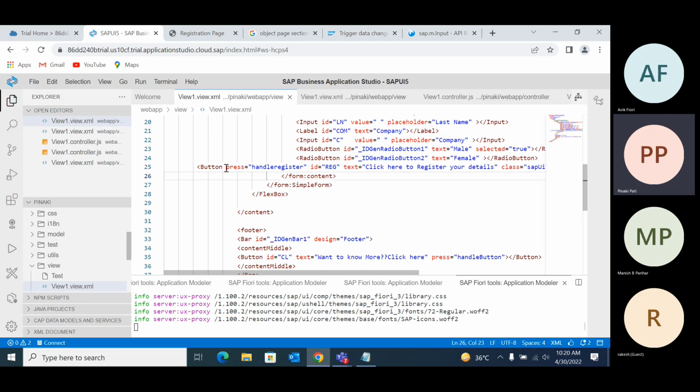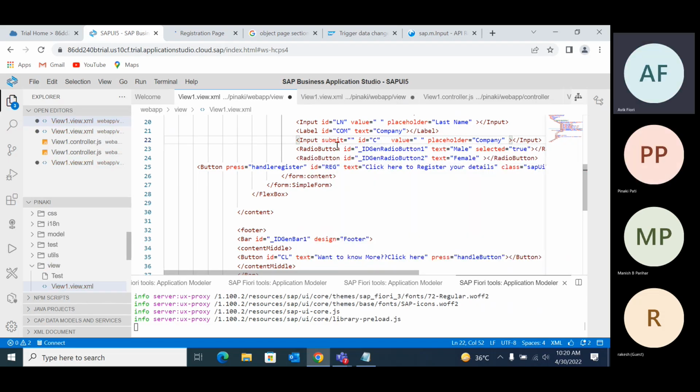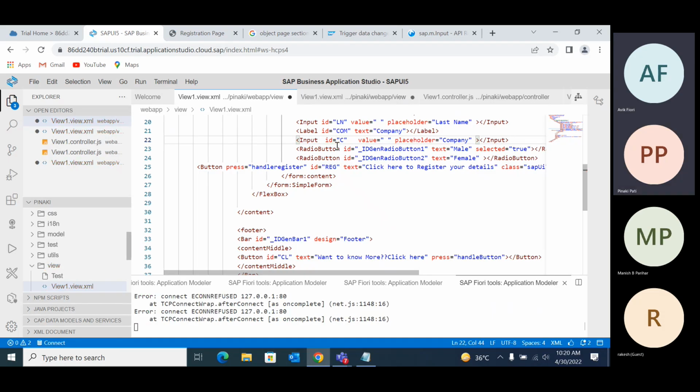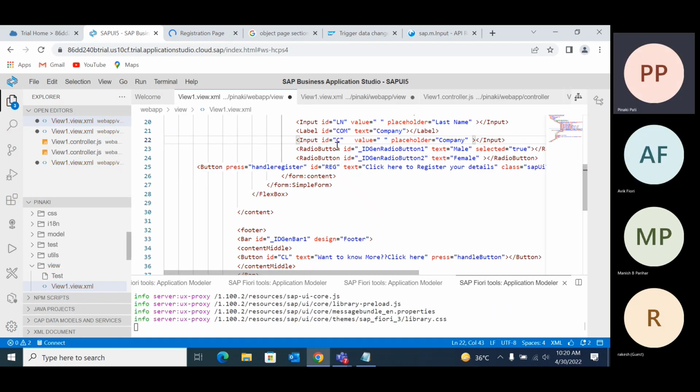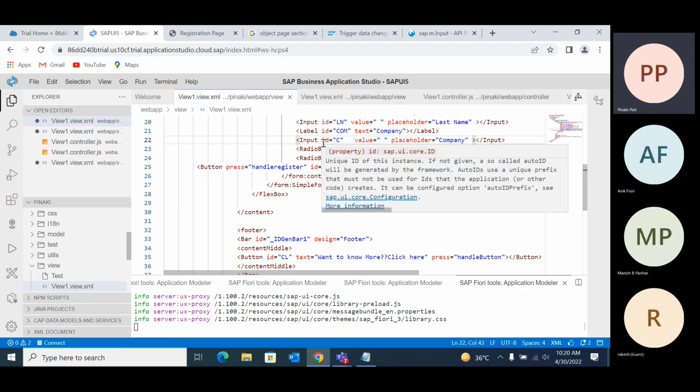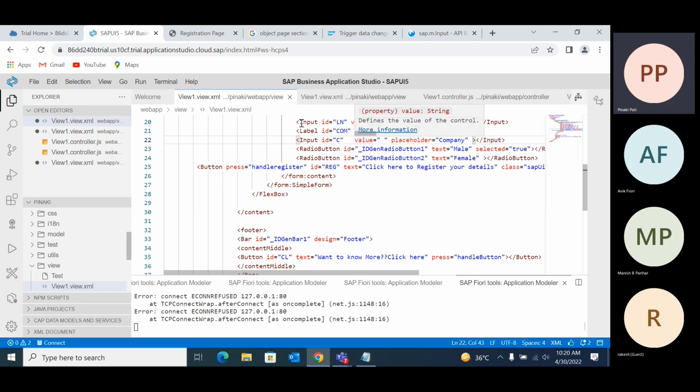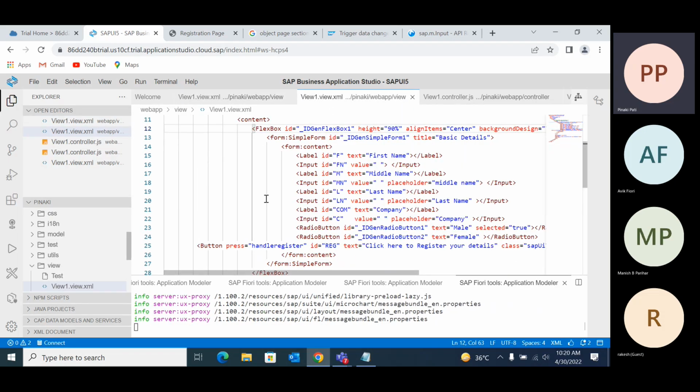You cannot use it like that. For the input, you have to use it on the input field, not on the button, because a button has only one event, that is press. So here we need to add submit equal to one method name, and the method in the controller will automatically be called on pressing enter. Yes. Okay, I'll try that.